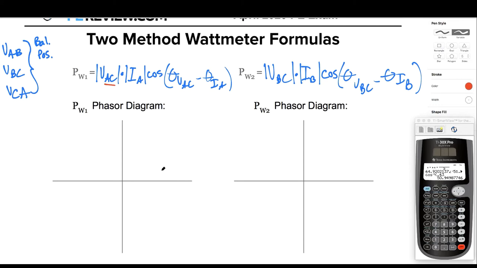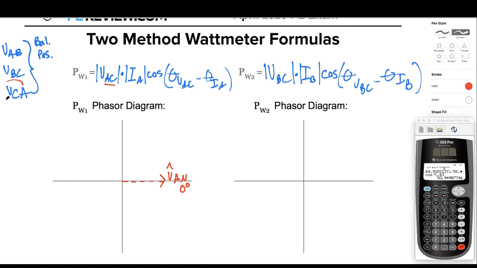So we're going to use a reference. What's the reference that we always want to use? What's the biggest advantage to use? We're going to use our A phase voltage at 0 degrees, right? Great. If that's our A phase voltage,